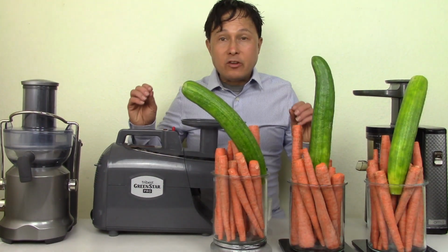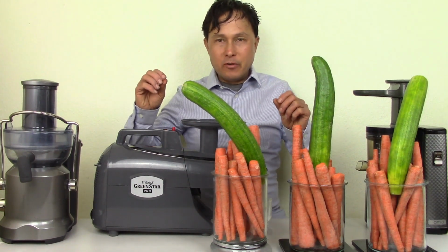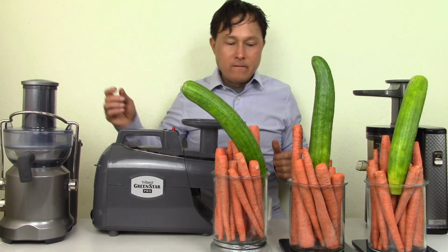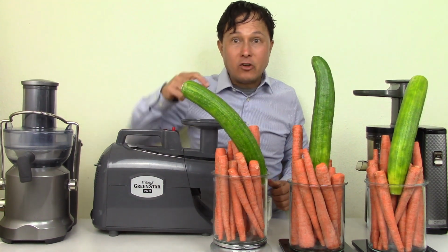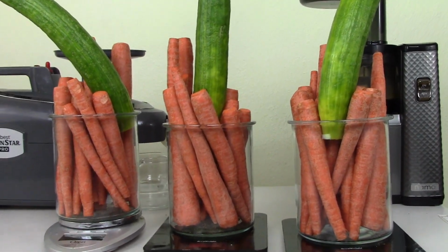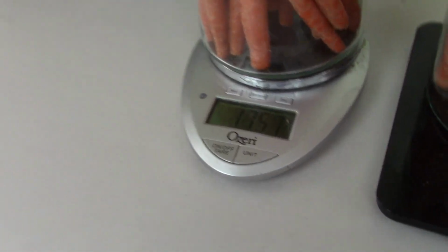So now we're ready to do the weigh-in. I got mostly carrots with 1 cucumber because I want to make sure I have enough produce to fill approximately a 32-ounce quart mason jar. Anyways, let's go ahead and do a weigh-in to make sure we have a fair fight. We got a bunch of carrots and 1 cucumber. Over on the Breville, looks like we got